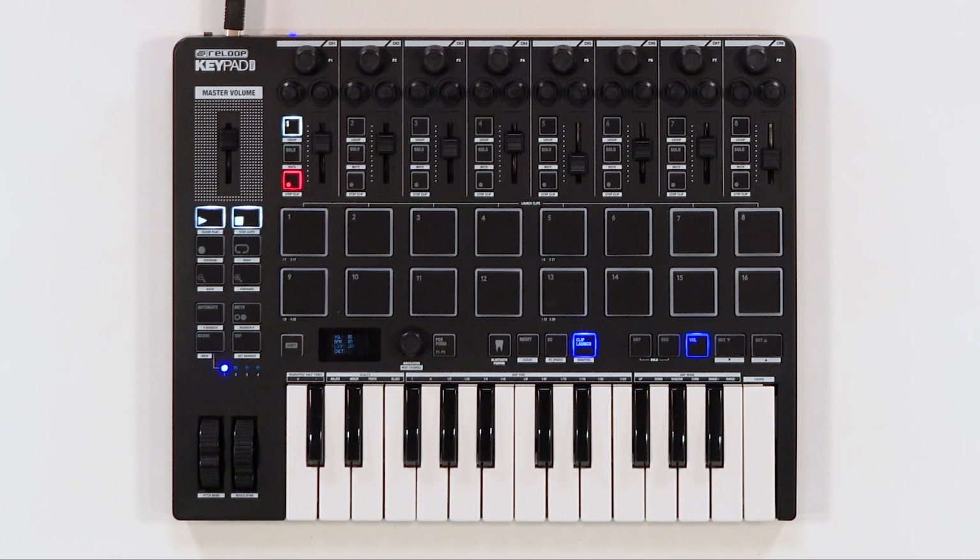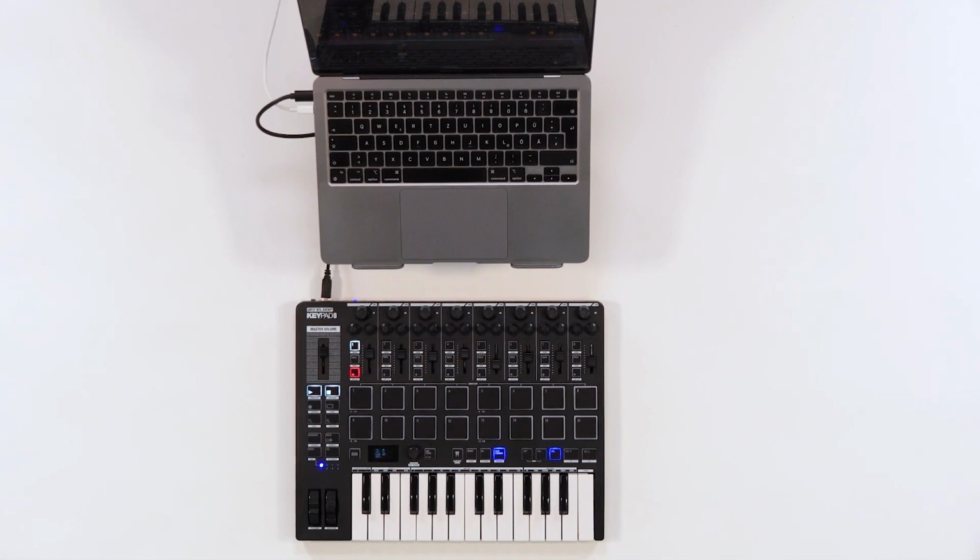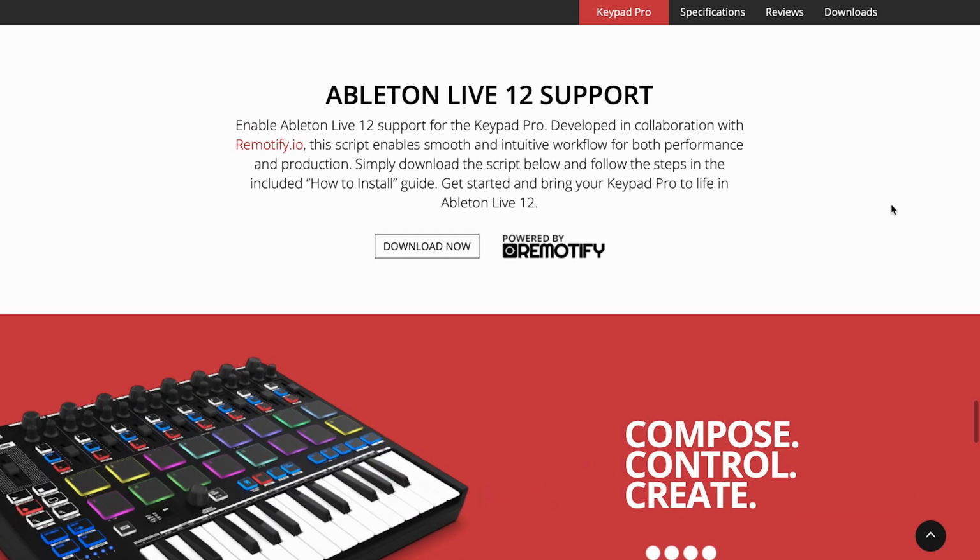Let's get your Reloop Keypad Pro set up with Ableton Live 12. Here's how to install the control surface script in just a few simple steps. Click the link below to download the script or visit